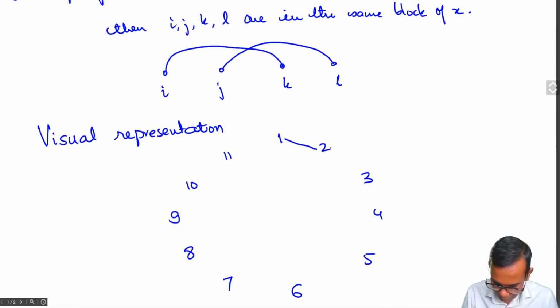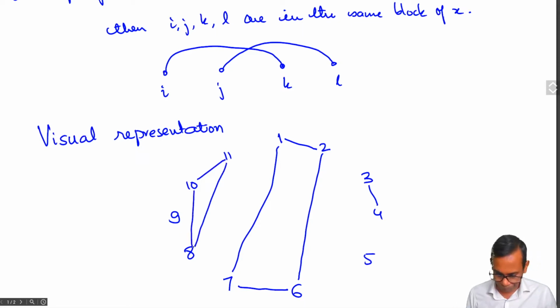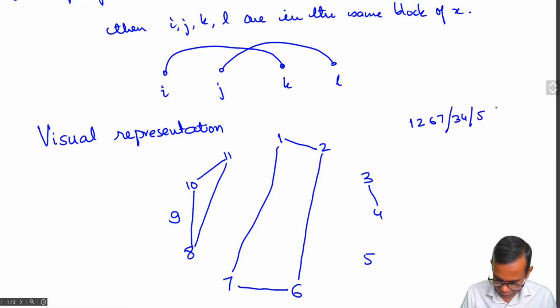So let's say 1, 2, 6, 7, that's one block. Then 3 and 4 is one block. And 8, 10, 11 is another block. Now this represents the set partition 1, 2, 6, 7; 3, 4; 5; 8, 10, 11; and